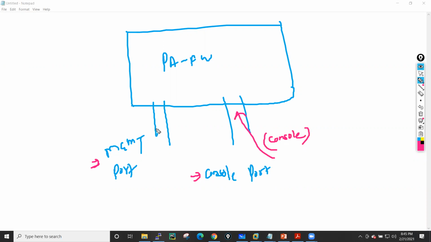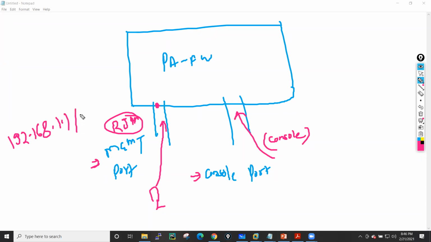And when you want to connect through the management port, you need a simple RJ45 cable, and connect one end to this device and the other end directly to your system. By default, one IP address is configured on this management port, which is 192.168.1.1, and the netmask is /24.